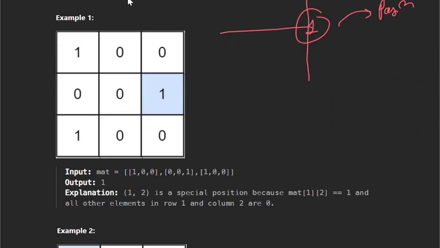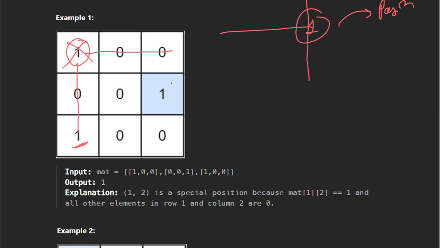So let's see example one. We have this 1, so let's check whether it is special or not. Check the column, there is no other 1 in that column. Check the row. Okay, one more 1 is there, so this element is not special.